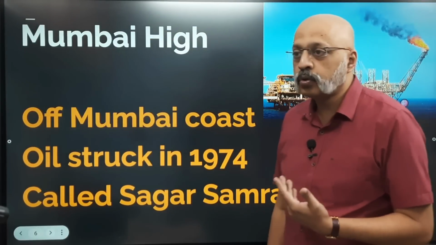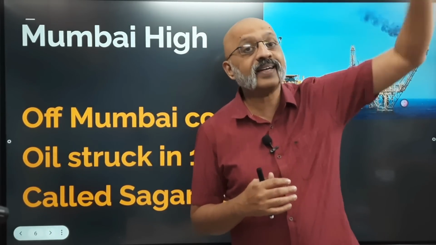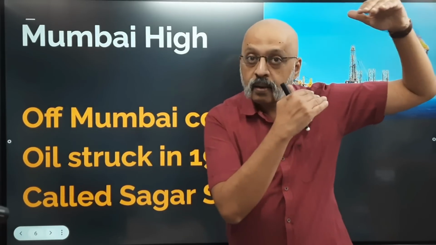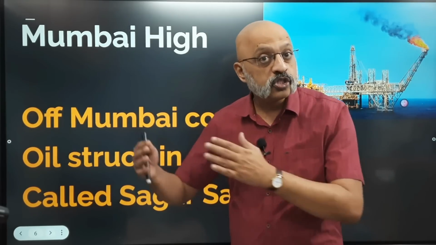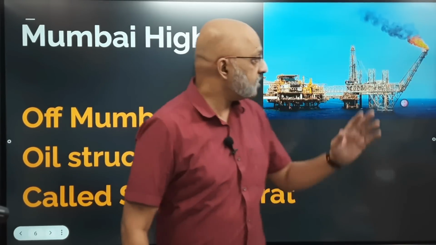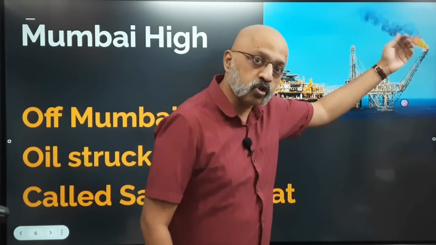Now we come to the distribution part of petroleum. The entire oil production in India comes from the Assam Arakan belt, which covers the entire northeastern part of the country. That's a major petroleum reserve. It also comes from the Gujarat Cambay area, and Mumbai High. This is Mumbai High. Now don't think this is on fire just because petroleum is there. I'll tell you a story about that a little later.